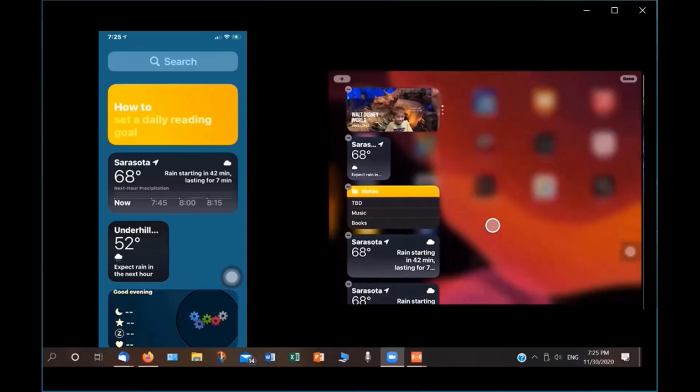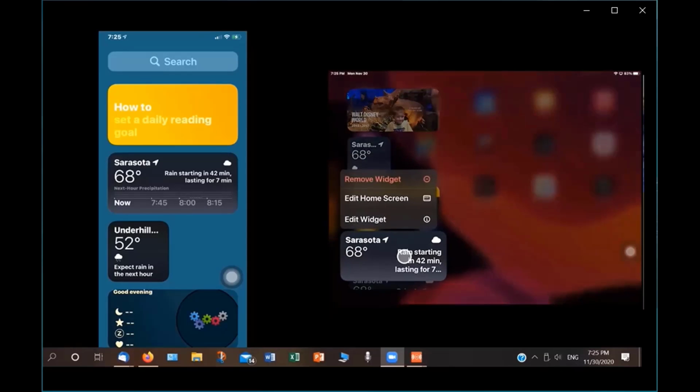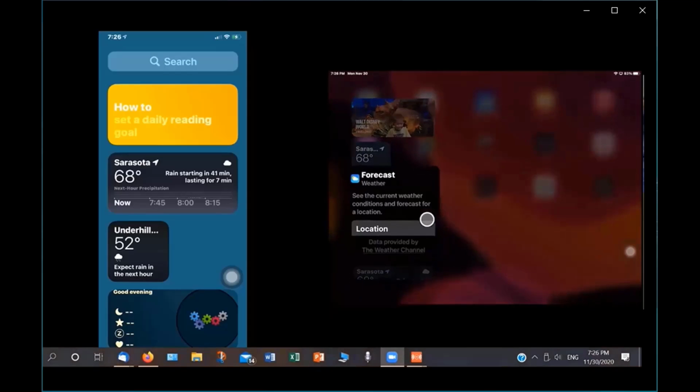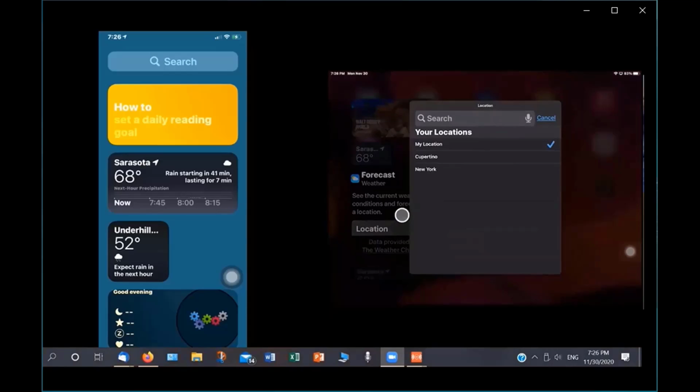Now, if I wanted to change something about that application, there's a way to go in and change it. If I long press the widget, it says I can remove it, I can edit on home screen, or I can edit the widget. I'm going to edit the widget. And each widget has something like this, and it says, oh, I can change the location. So I'm going to click the location, and I'm going to say